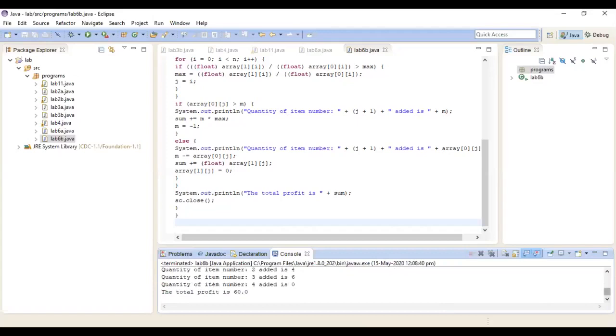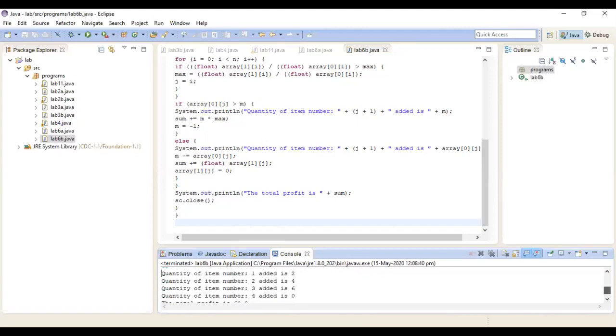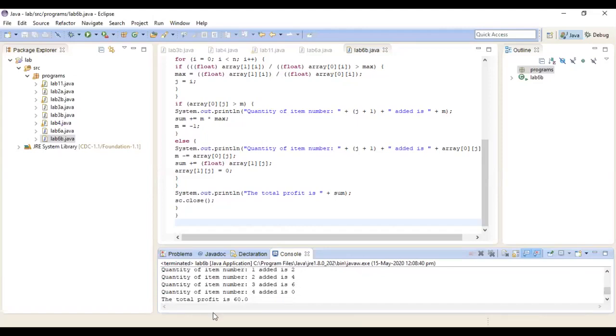So it is showing me which items I have added. Quantity of item number 1 added is 2. Item 2 is 4. See, 2, 4, 6, 8 are the weights. Then I have added quantity of item 3, which is 6. 6 plus 4, 10 plus 2, 12. Okay, the maximum capacity is over. So it is not adding the fourth element. Finally, it is adding all the profits with the help of sum. So this is the execution part.